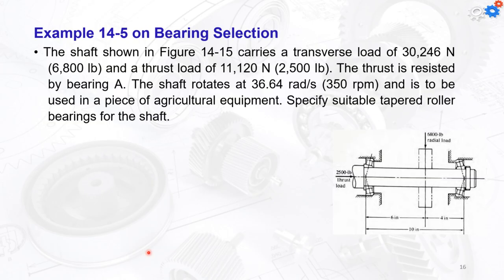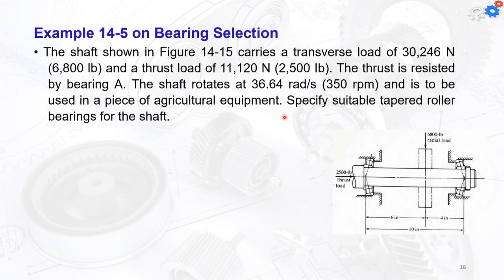So the example we have here, which is similar to the question that you have, is a shaft shown in the figure 14.15 that carries a transverse load of 30,246 Newton, okay, which is 6,800 pounds, and a thrust load of 11,120 Newton, and the thrust is going to be resisted by the bearing A. The shaft rotates at 36.64 radian per second, which is equal to 350 RPM, and is to be used in a piece of agricultural